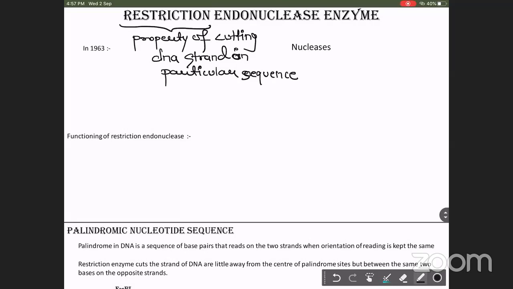These restriction endonuclease enzymes have a restricted property, or we can say a property which limits their cutting power. It means they will not cut anywhere on the DNA. If there is a DNA like this, they will not cut anywhere. They have their own particular sequence, and we have numerous restriction endonucleases, not one, not two, more than 900 discovered till now. So every restriction endonuclease enzyme has its